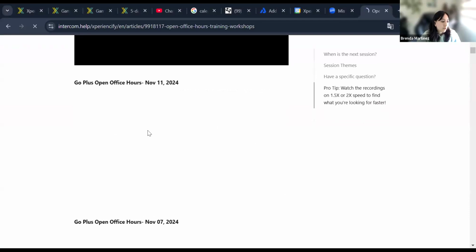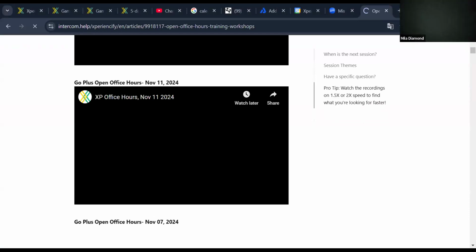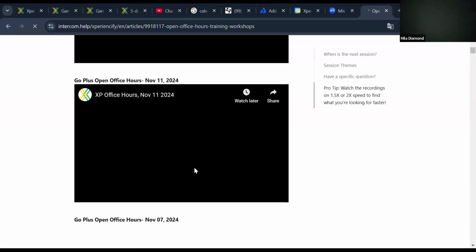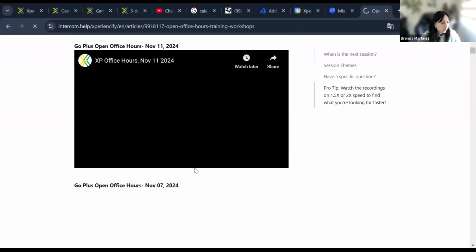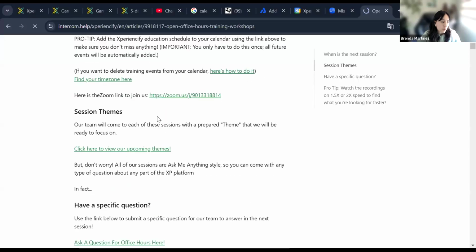You cannot see them right now because it takes a while to upload, but here is where you can watch the office hours recordings, even the unlisted ones. This is in our help center, in the article that talks about office hours.